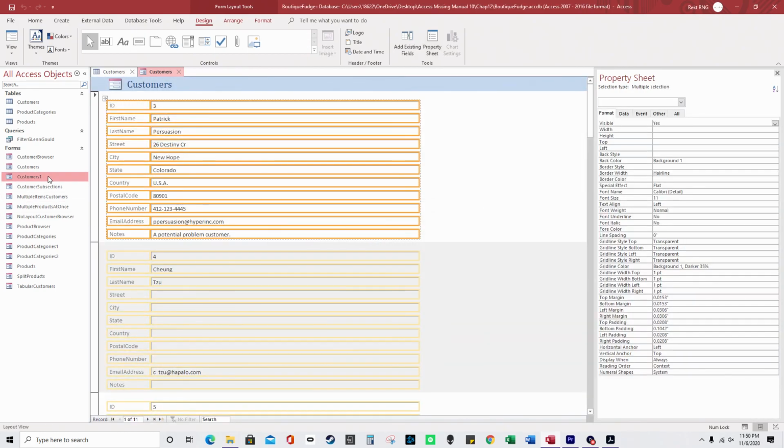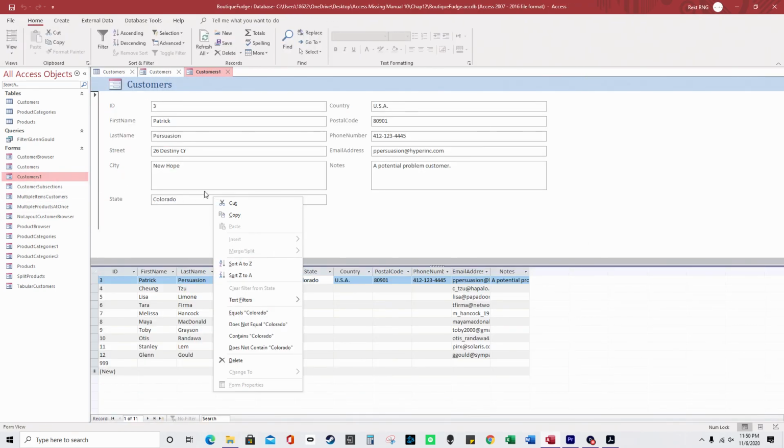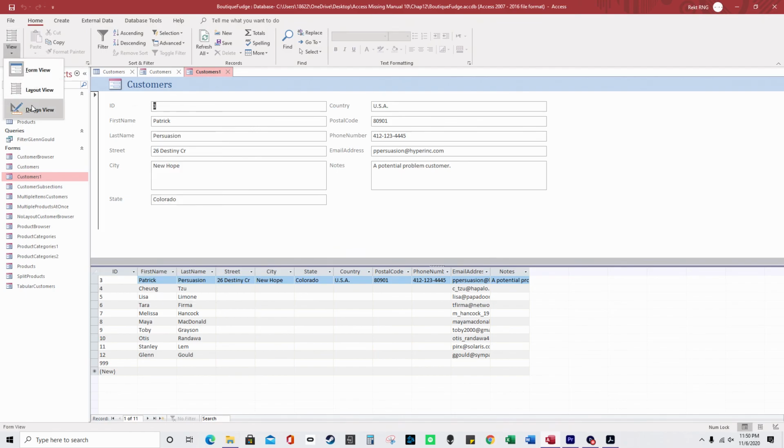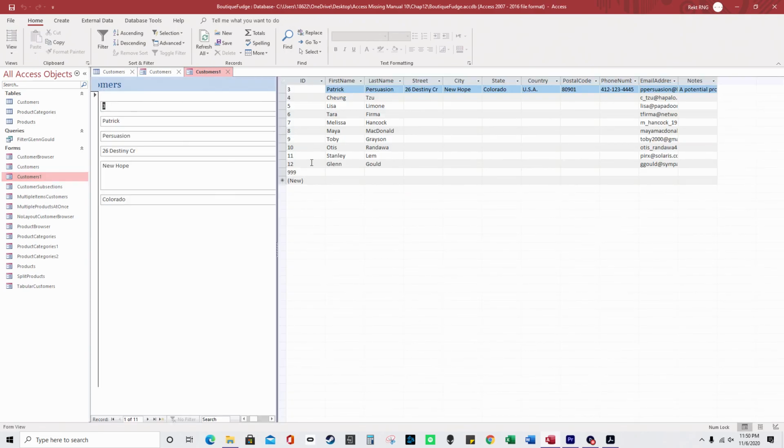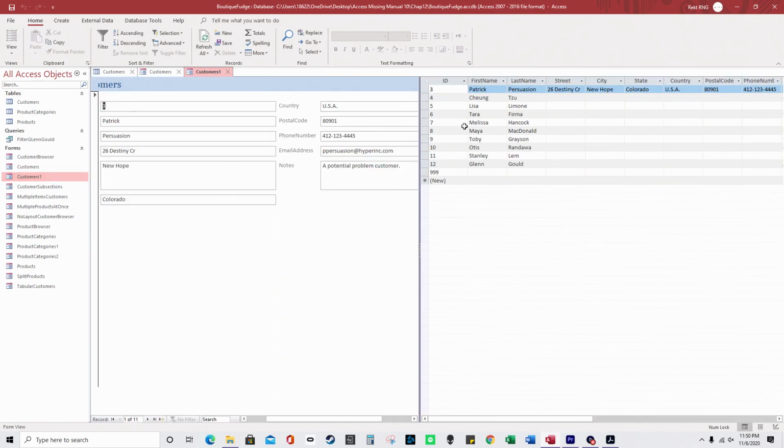Click save. Put it in design view, and I'm going to switch it to datasheet on the right. It has to be in design view to save it as datasheet on the right. I'm going to save it and open it. So now the datasheet's over here on the right. If you have a wider screen and tall screen,